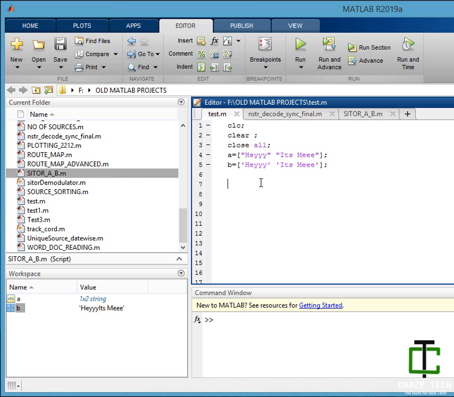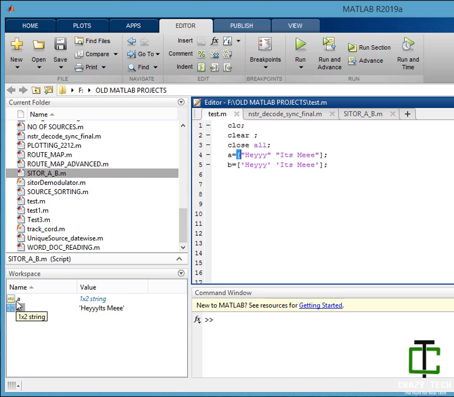In an array of strings, we initialize a string with a double quote, but in an array of characters we have to use a single quote, and the initialization should begin with a square bracket. Okay, let's run it.